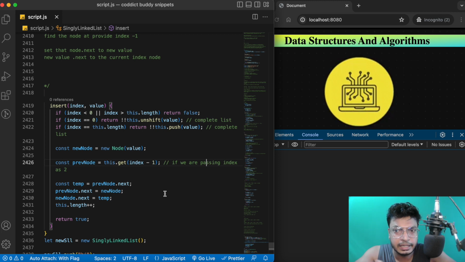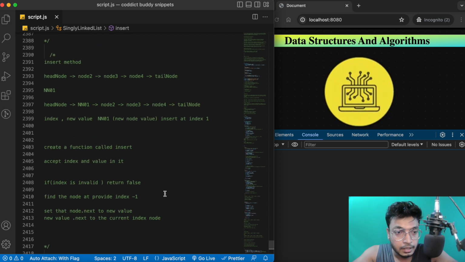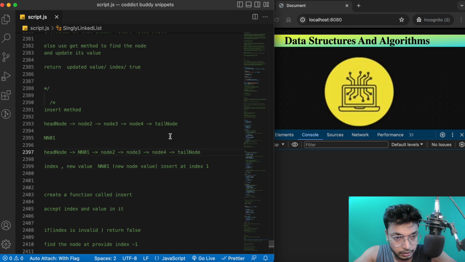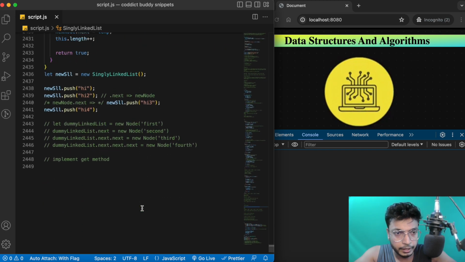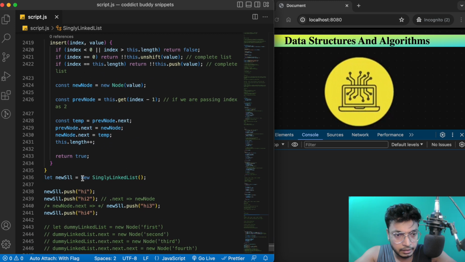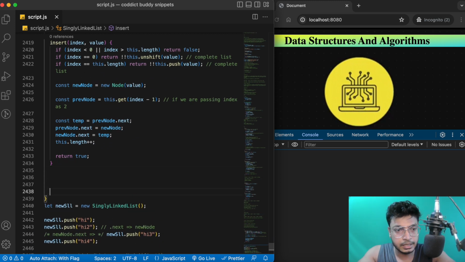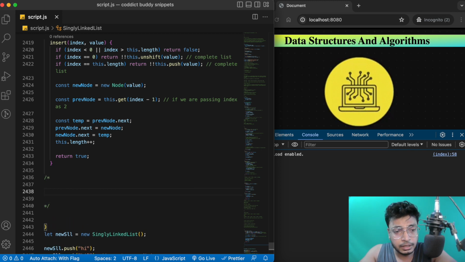In this lecture, let's quickly understand how it's going to work. For that I need to take the linked list example from here. I'll add it right below this insert method. So how is it going to work? If you are going to remove the element from the beginning, you use the shift method.